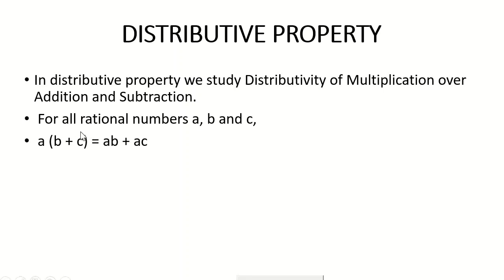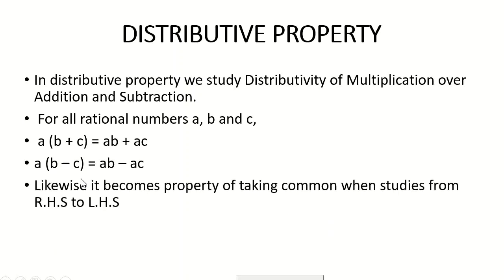That means if we multiply a with the sum of b and c, we will distribute this multiplication with b and c individually over addition. Similarly, we can distribute the multiplication of a with b and c in the case of subtraction also. Likewise, this property of